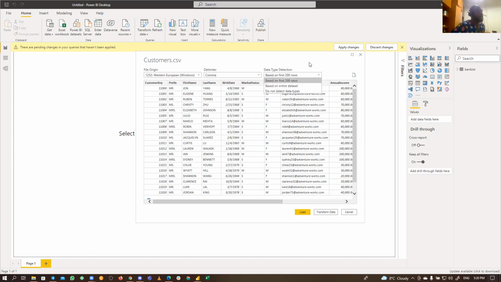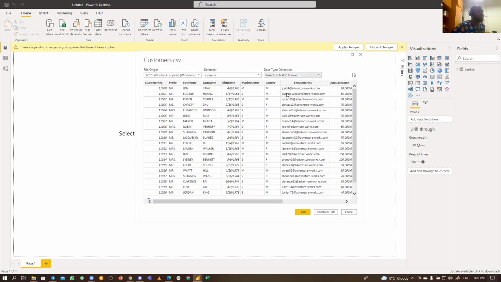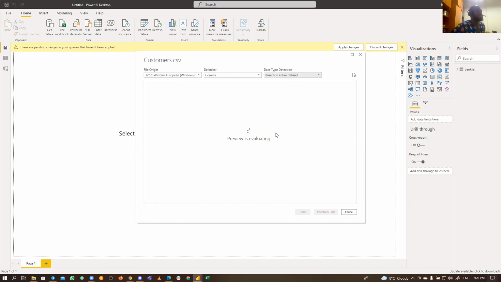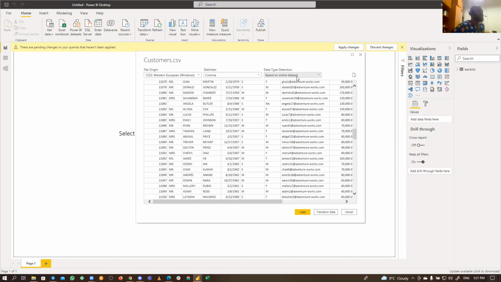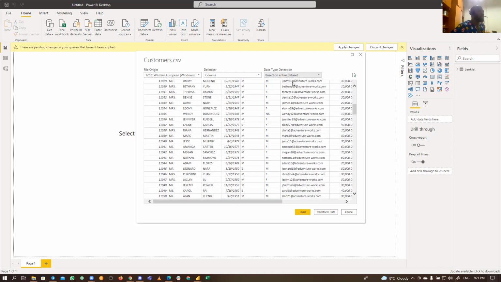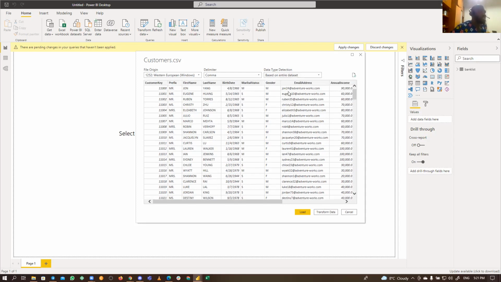Then also look at this. This is what is viewing. If you want to base it on the entire data set, imagine you have millions of rows, then this will actually be a problem because you've not even started evaluating your data and you're already playing with a whole lot here. So it's not recommended. Just keep it as 200 or whatever default view you have. Microsoft Power BI might change it tomorrow. So if I say 200, it might be 400 tomorrow. So just keep it like that because this is just a simple layout and we don't need much here.